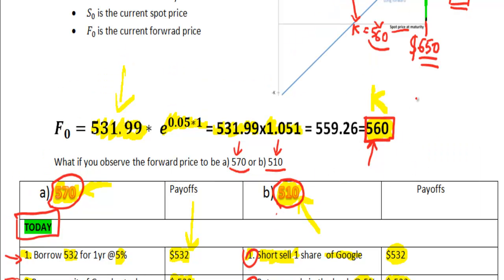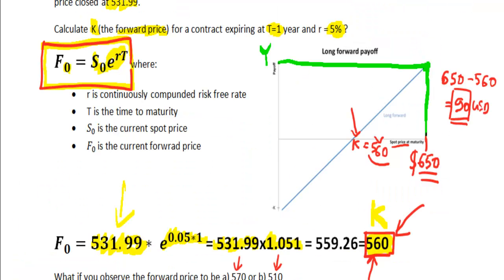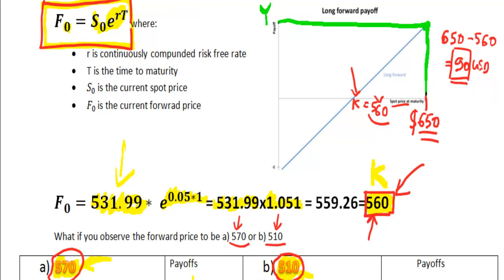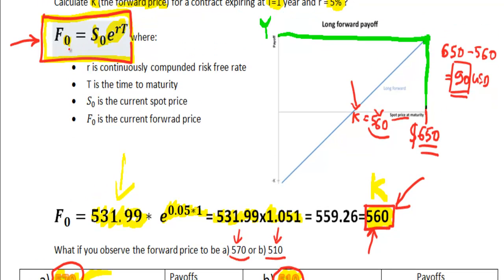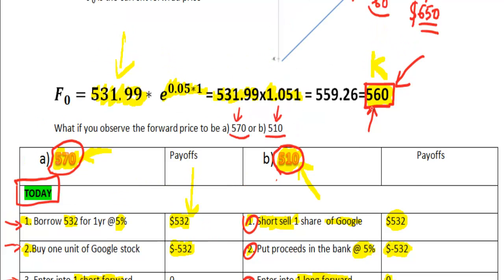570 and 510 are not no-arbitrage prices. The only no-arbitrage price is 560 today. So I showed you a technique that should enforce the price of the forward: forward price equals spot times this continuously compounded interest rate times time. I didn't really provide any intuition why this has to be the formula for the price of a forward, but I showed you how we can arbitrage away any price which is inconsistent with the theoretical